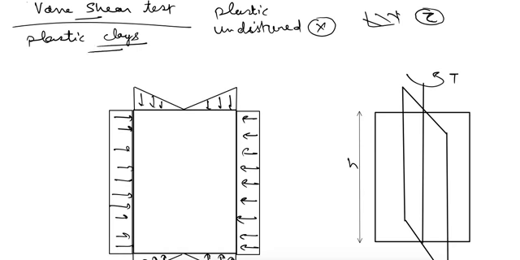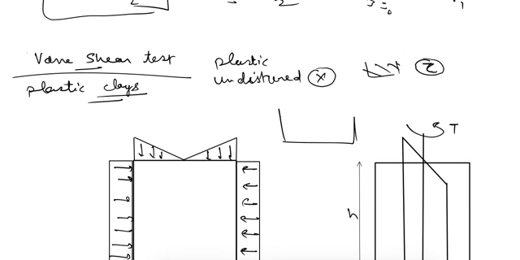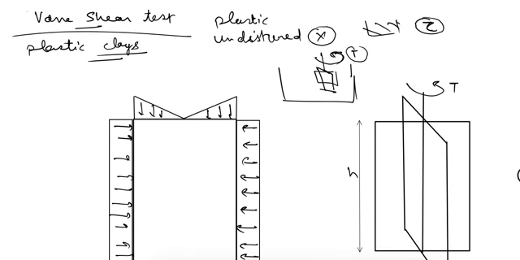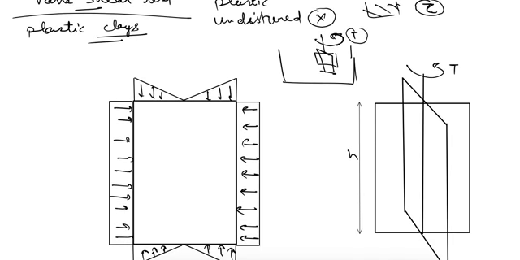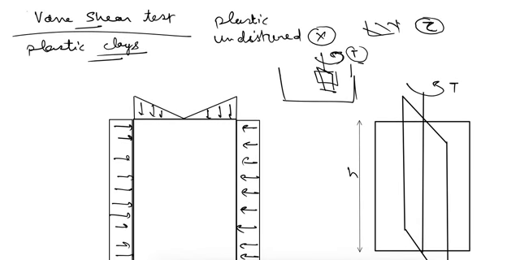In that case, what we do is insert the vane up to the required depth in the ground. The vane goes inside and then we apply the torque, and the soil will be sheared. Using the torque at failure, we can find out the shear strength of the soil. Because this test is performed for plastic clay, the shear strength will be equal to the cohesion, and this is also the undrained cohesion.